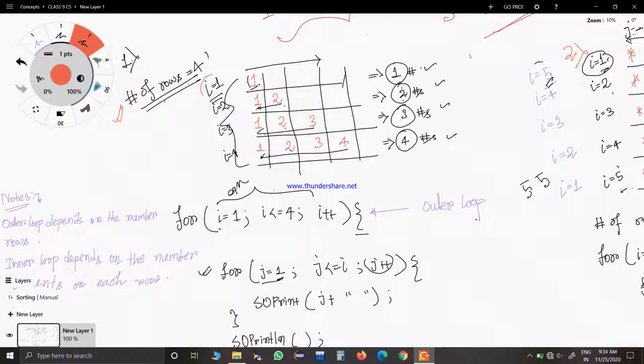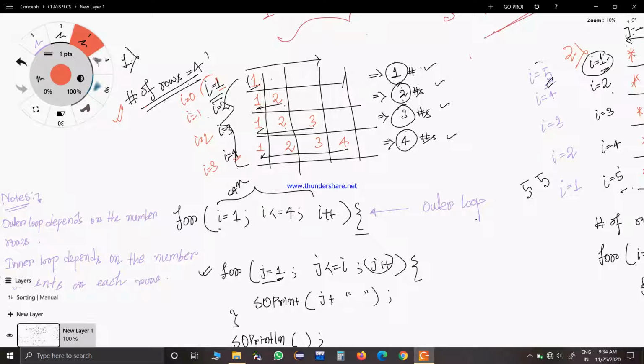For example, here I equal to 1 to 4. It means that if I run a loop, then my loop will execute 4 times, because my starting value is 1 and ending value is 4. No matter what number you put here as a starting and ending value, let's say you put I equal to 0 and I equal to 3, then 0 means this row, 1 means this row.